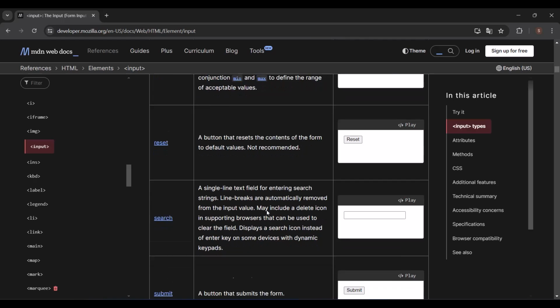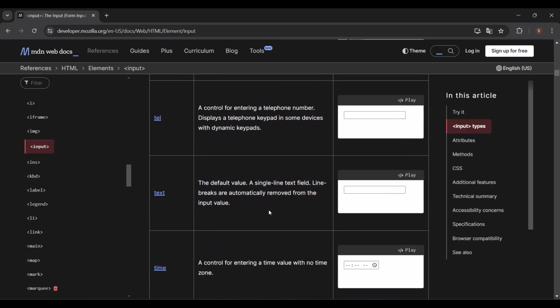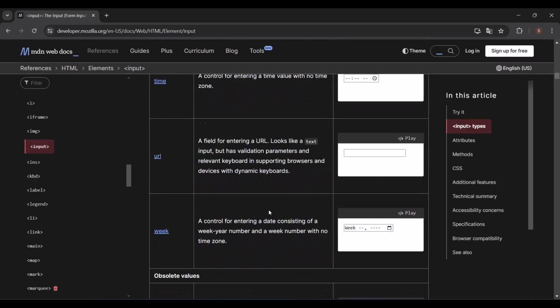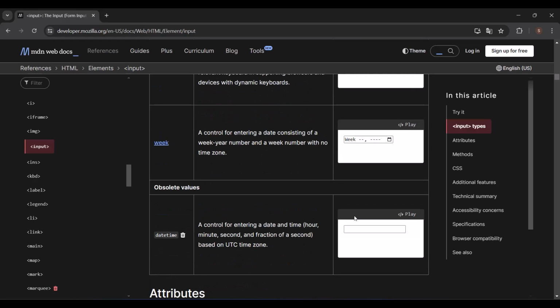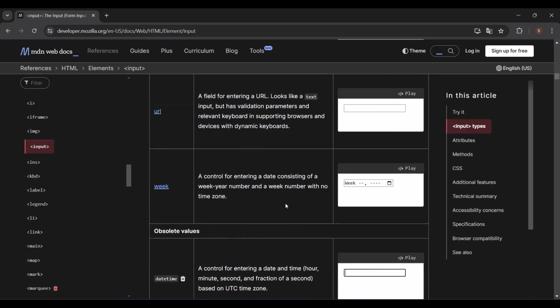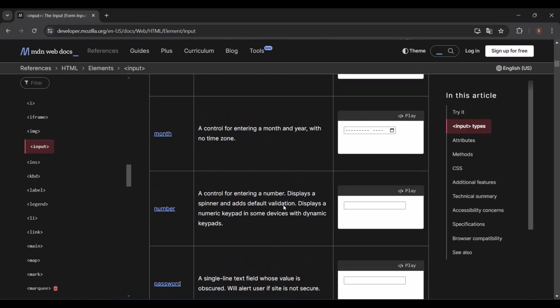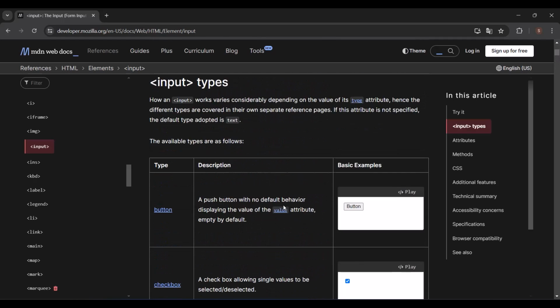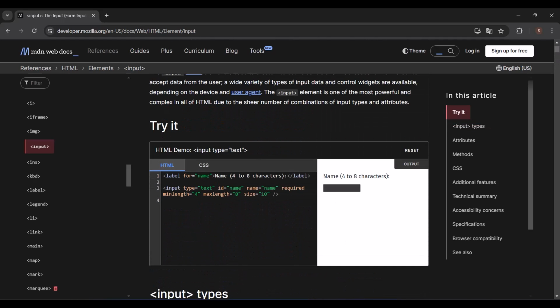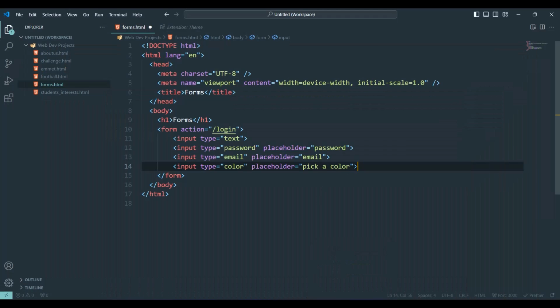I'm gonna cover those later. Search, submit. We have text already, so text, URL, week, date, time. So we have a lot of types for our input that we can use in our code. Now let's open Visual Studio Code, and this placeholder is not working, so let's delete this.